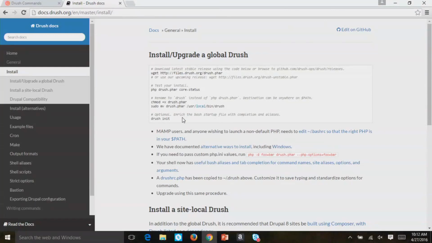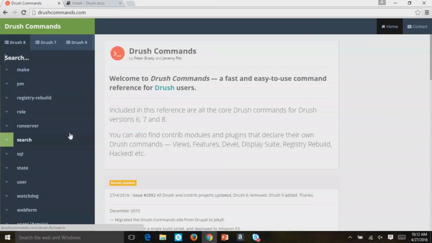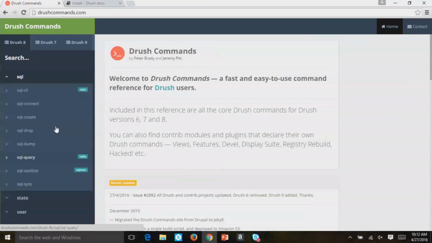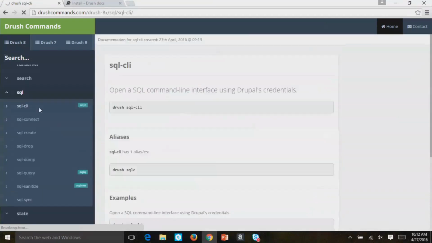Then you get into your drush SQL CLI command, which if we look down here, reverse scrolling, yeah. So this SQL CLI command, what this does is this tells your Drupal database to run this SQL command. And usually what we'll do is we'll do an SQL dump from here, and we will dump it in the command, which will then write that to the database, and now you're syncing your databases together.